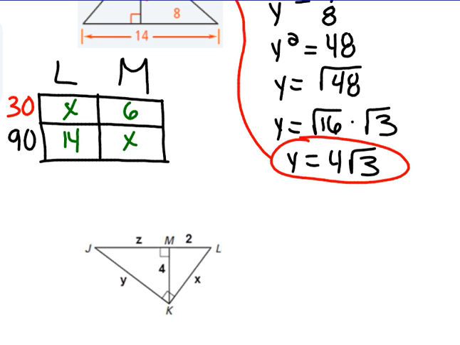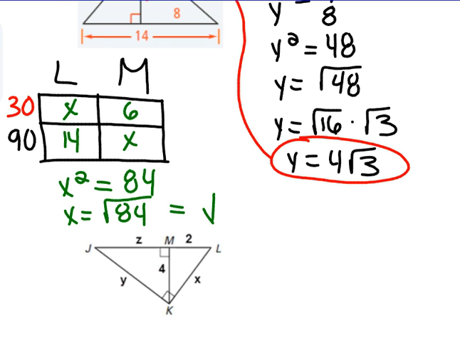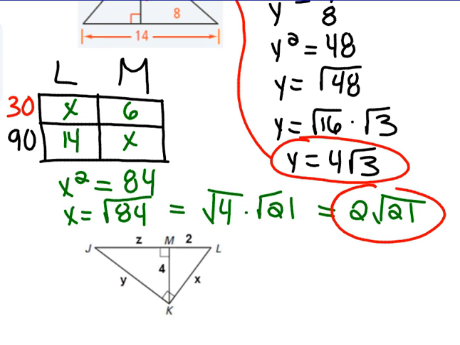And when I solve for the geometric mean, I'll get x squared equals 84. X will equal the square root of 84. And let's see, a perfect square that goes into 84. I think the highest one is going to be square root of 4, square root of 21. So that will equal 2 square root of 21. And that'll be my answer for